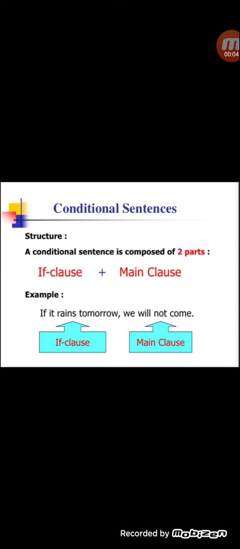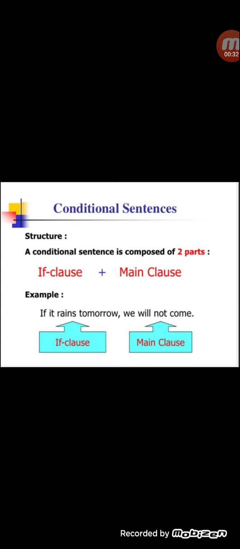Today I am going to teach you the topic conditional sentences. Conditional sentences deal with the condition and its result. When a condition is satisfied, then it has its own result. Okay. If you see the structure of conditional sentences, we can find here a conditional sentence is composed of two